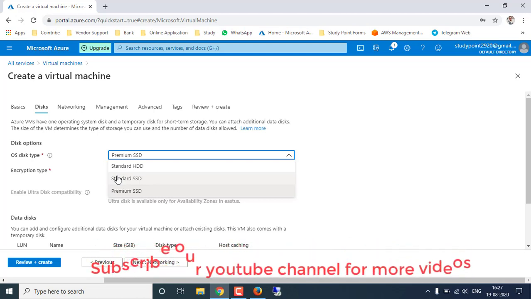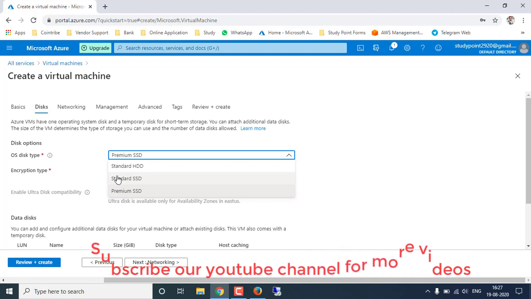Standard HDD is like a normal hard disk which we use in our desktops and laptops. After that we go to standard SSD, which is faster than standard HDD. These days SSDs are mostly used in laptops and desktops, and standard HDD is only used in desktops, and premium SSD is very expensive and its performance is also high. So I'm going to select standard SSD here,